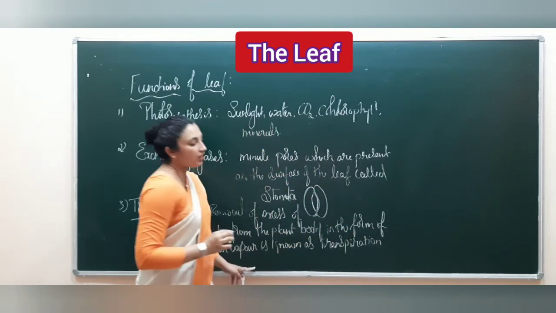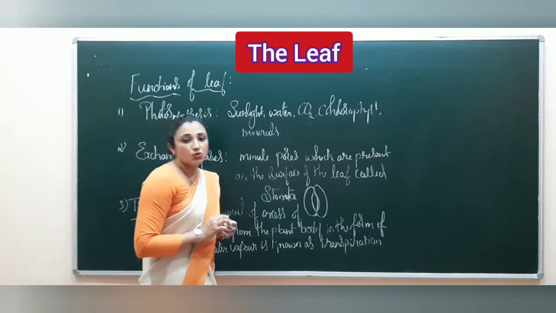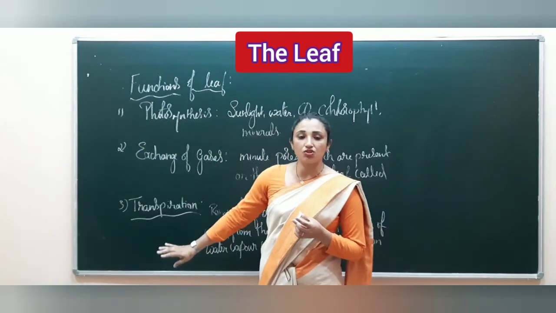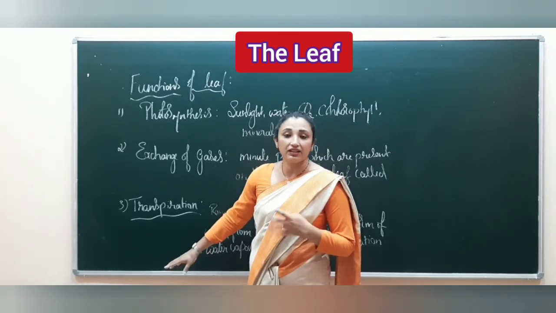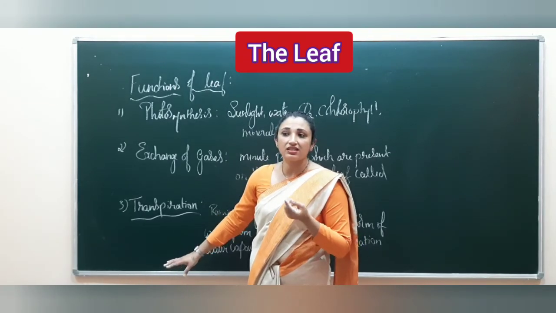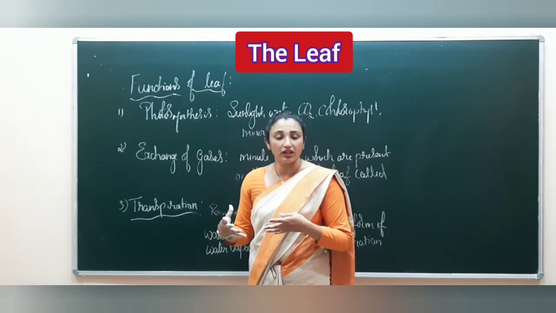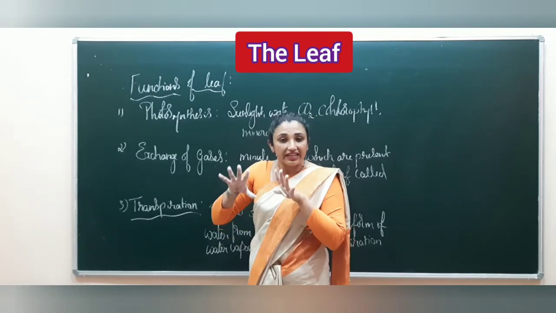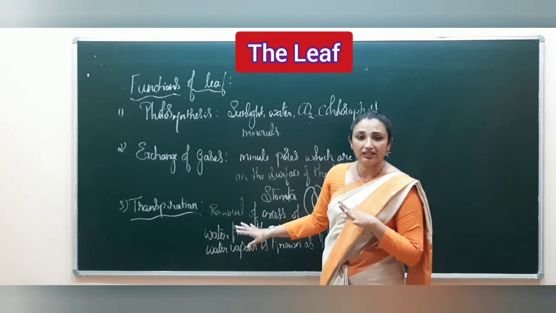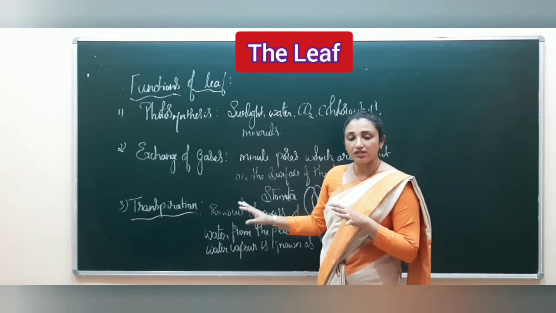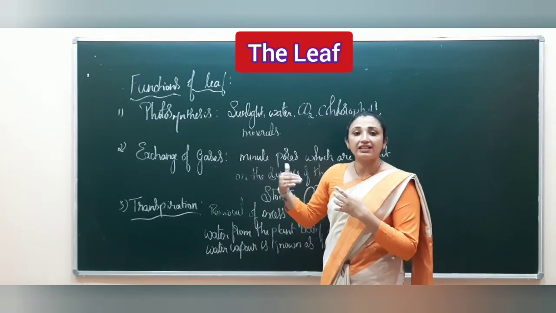So now the question arises, why is transpiration very important? Students, if the transpiration process does not occur in the plant body, then the plant may get rotten and die. You all know during the rainy season the soil gets enough water and the plant absorbs the water. If all the water is retained in the plant body, then the plant will be rotten and it will die. So the transpiration process is very important for the plant body to get rid of the excess of water present in its body.